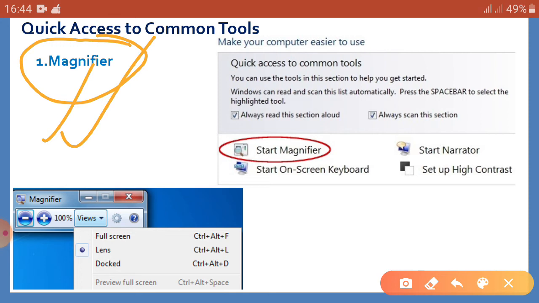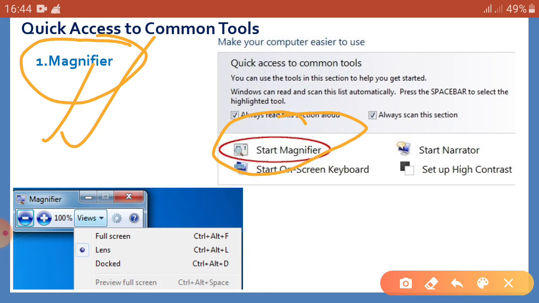Okay, so to start the magnifier, simply click on the start magnifier option. Here it is, the start magnifier option, which displays the magnifier toolbar with the following options.